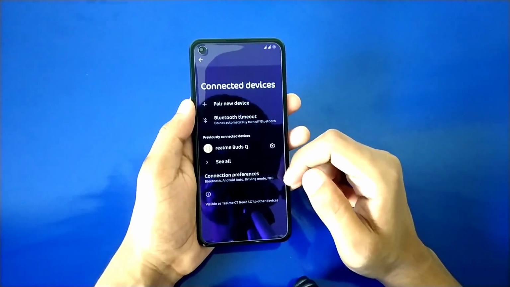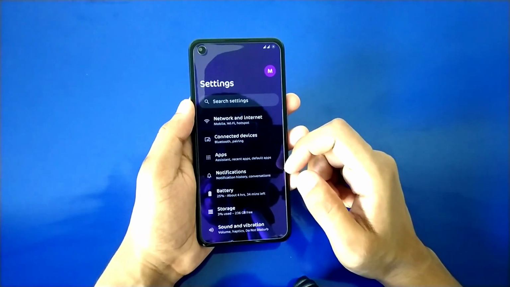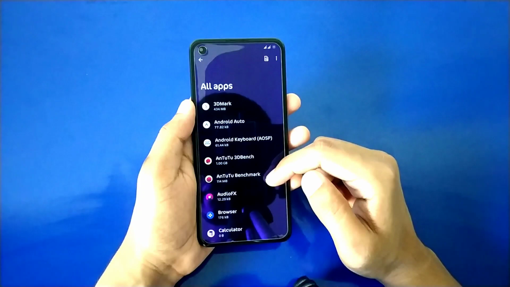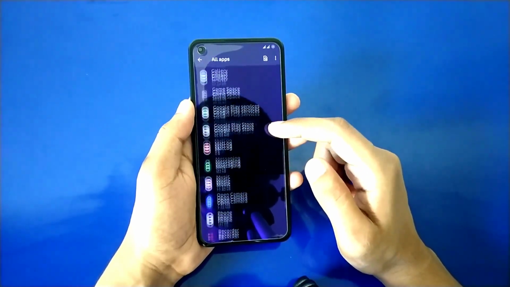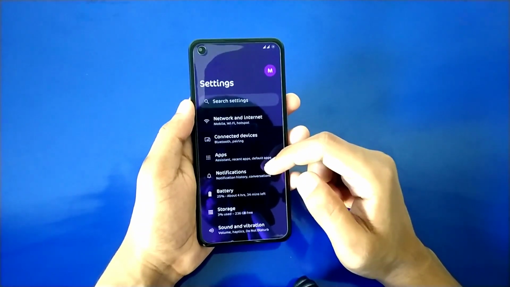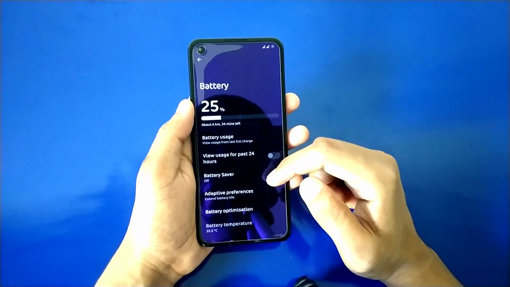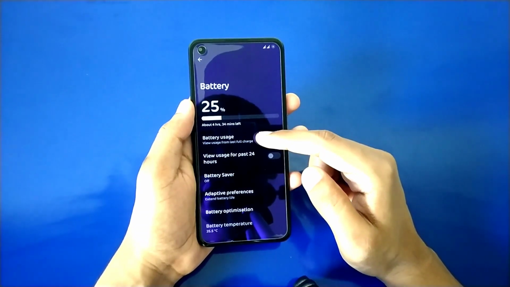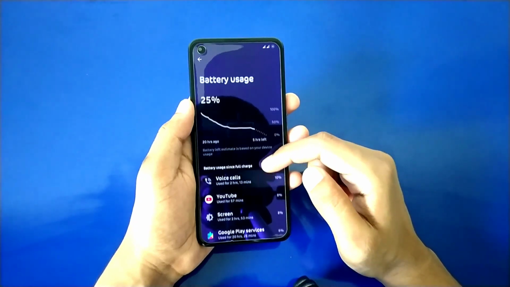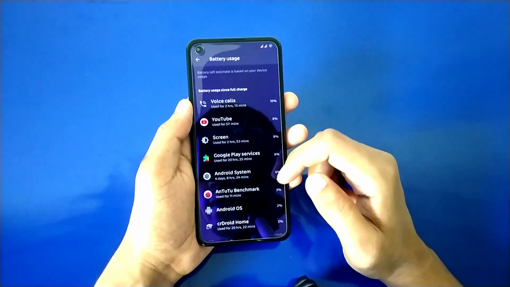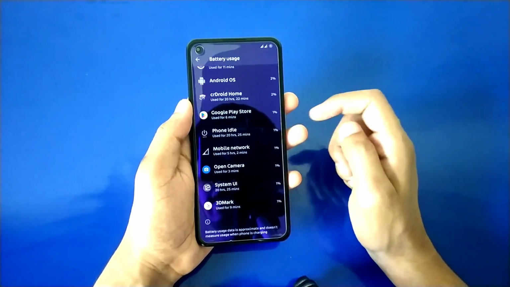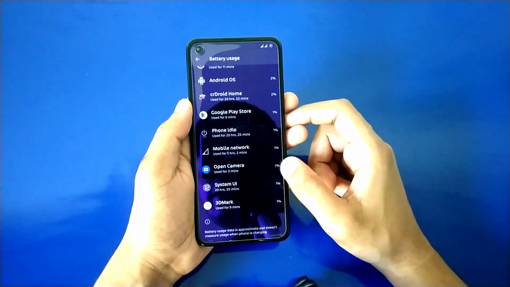In connected device, Bluetooth is also working on media and calling. In apps, you will get these basic apps. There is no such G apps, only Play Store is available, which is all we need at least. Now talking about battery backup, it is excellent in this ROM. You can see all stats here, and these stats are with personal hotspot on for continuous 12 hours and with 120 Hz. So battery backup is excellent, and also fast charging is working fine.